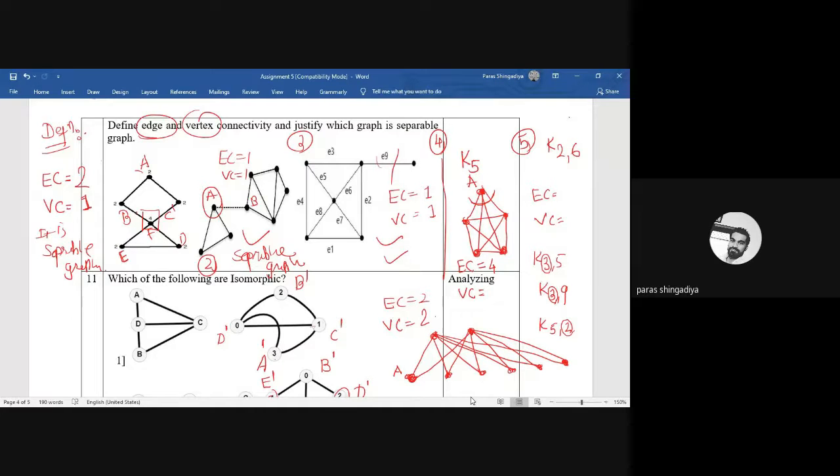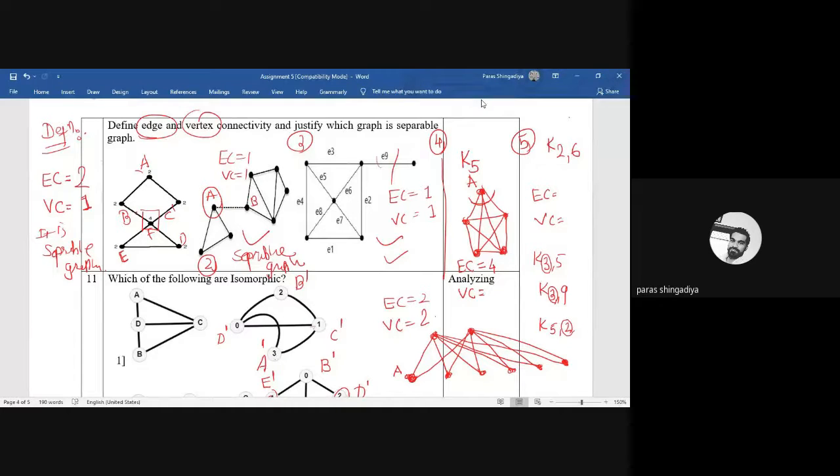What is the answer of edge connectivity of the K3,9 graph? What is the answer of vertex connectivity of the K2,10 graph? Clear? So in such questions, you do not draw the graph. You do not have to draw any graph, because it will take some time for 1 mark. So you have to remember this type of result for any complete bipartite graph, for edge connectivity as well as vertex connectivity.